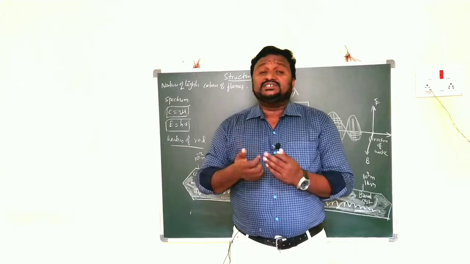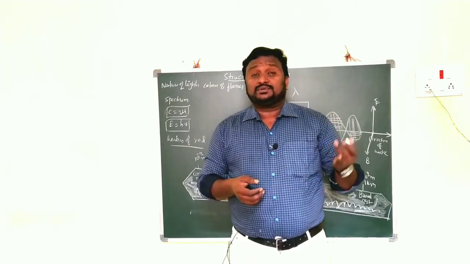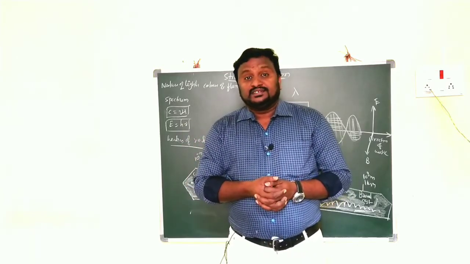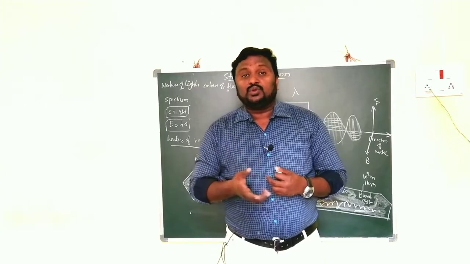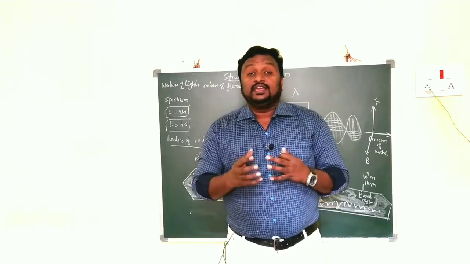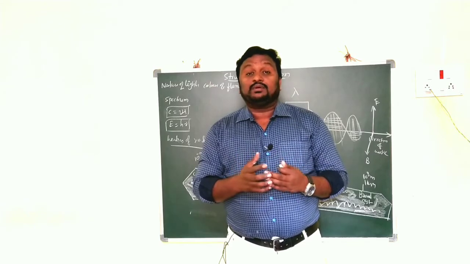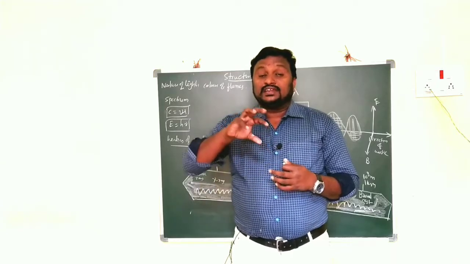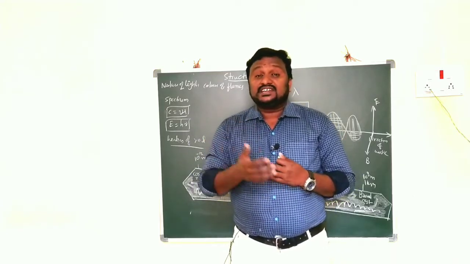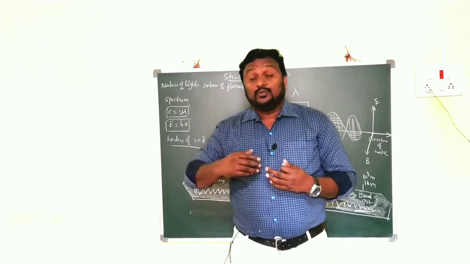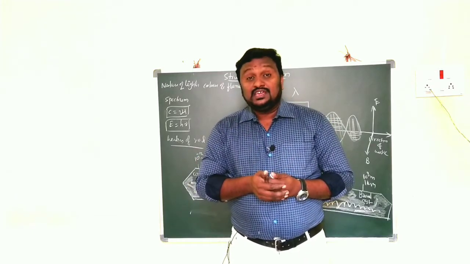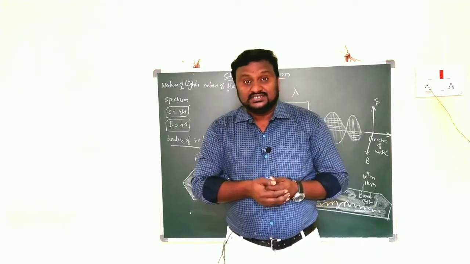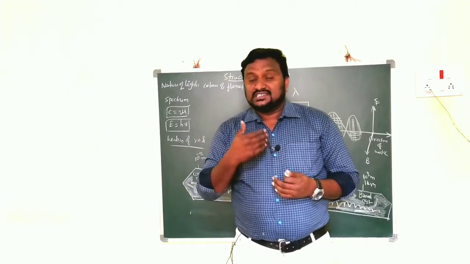So children, in addition to those subatomic particles like electron, proton, neutron, we have a number of subatomic particles for every atom. To understand why different atoms have different properties and different subatomic particles, first we have to know about the nature of light and the colors emitted by the atoms. So in this video we are going to discuss that only.